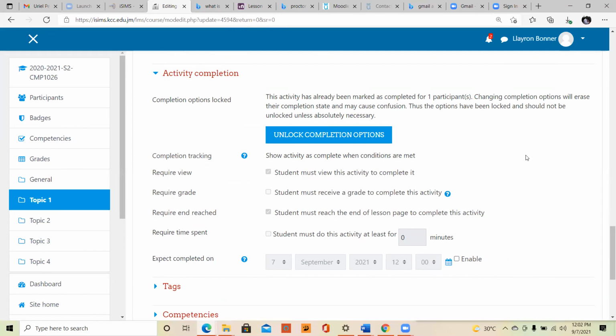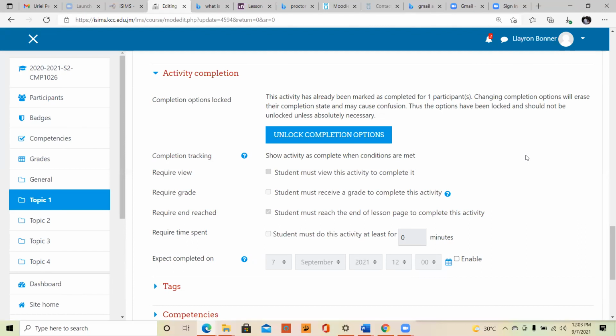So if I were to set up a test after this and say that they must complete this lesson that we're putting together now, if your activity completion is that they just have to open it, they just have to view it, then it means that once they open the activity, they will now be able to do my test. So the activity completion is very important. Every activity that you do from now on, try to check the activity completion and ensure that the activity is only marked complete when certain conditions are met. Don't leave it at